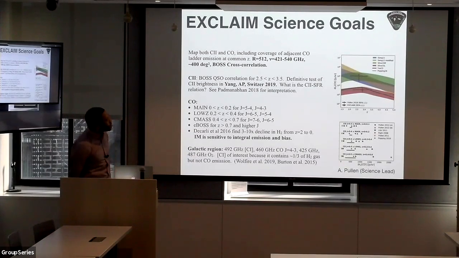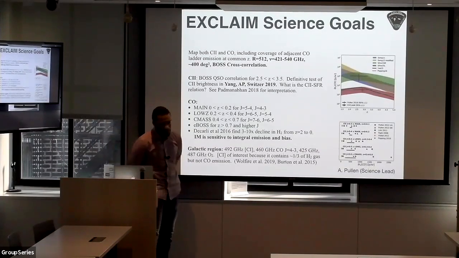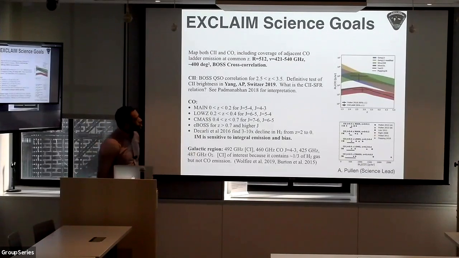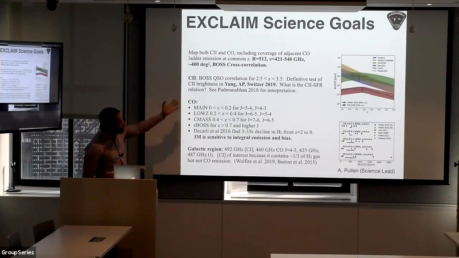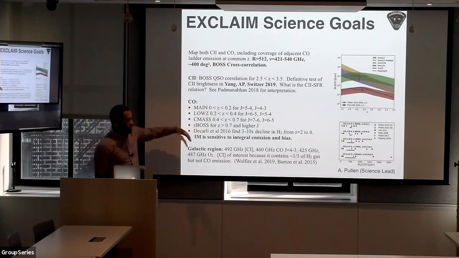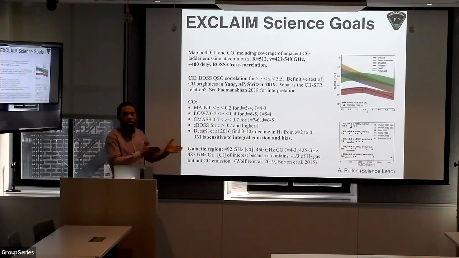So it's going to map CO and C2. The frequency range is 400 to 500 gigahertz, which happens to also be about 500 to 600 microns. This is going to measure C2 at redshifts 2.5 to 3.5. It's going to measure various rotational lines for CO at different redshifts, but in common they're all going to be redshifts less than 1. For different redshifts, we're going to split the frequencies up in order to cross-correlate